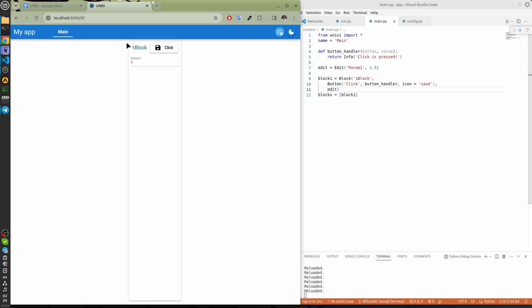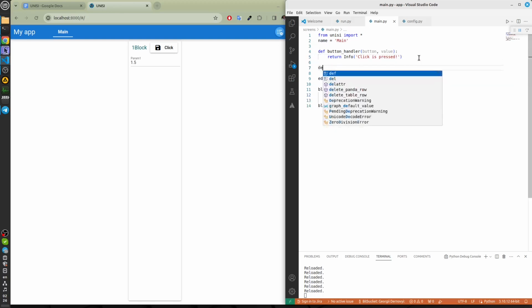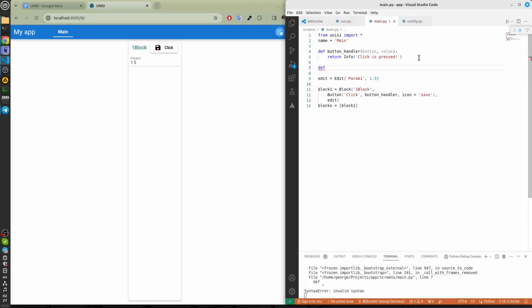We can attach a change type handler to any key element. The button handler is already known. For the edit handler, we have to care about the element value. Button value is always none. Let's write a handler for the edit.